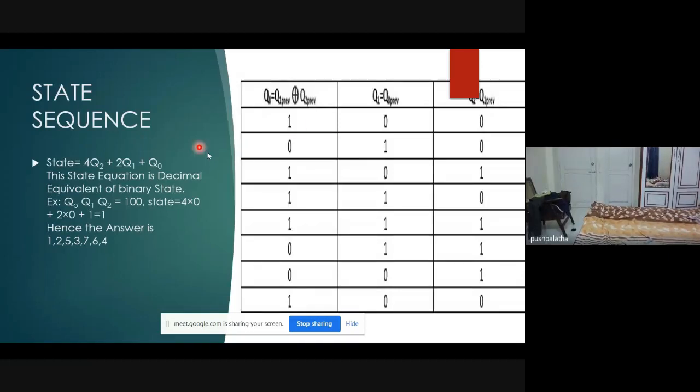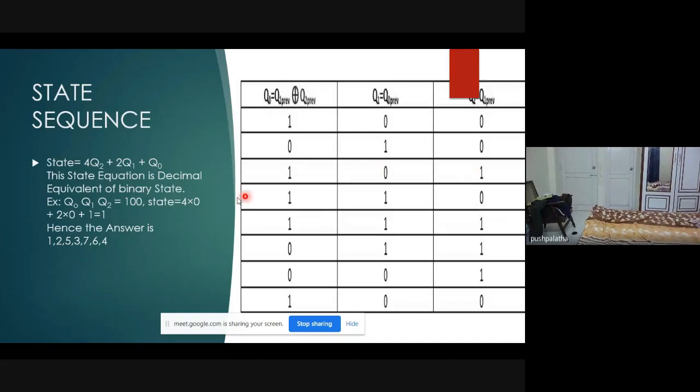See, if you take the first case as Q0 equal to 1, Q1, Q2 as 0, 0, right? Now here you will get the state value as 1. The next case 0, 1, 0. 0, 1, 0 is obviously I will get the next case as 2. And the next case, you take 1, 0, 1. So if you substitute you will get 5. And next case you will get 1, 1, 0. You substitute in the equation you will get 3, right? And next case actually you will have this 1, 1, 1.